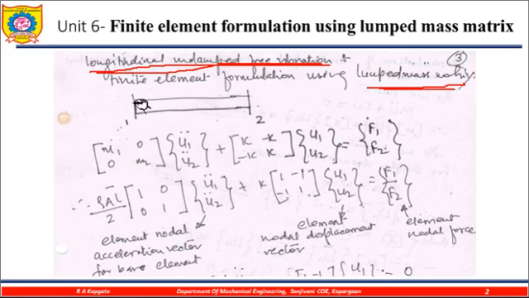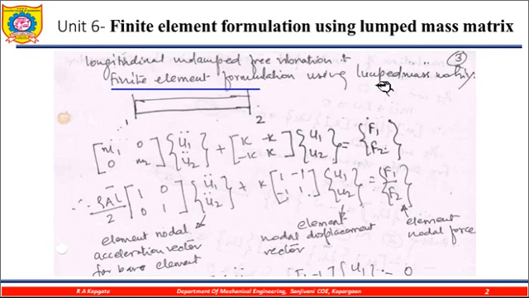So let us take a simple bar. Let us take this one as a simple bar having a certain weight. Let us take this as node number 1 and this as node number 2. So this is my node 1, and this is my node 2. I hope there is no difficulty. And the length of the bar is L, the density is rho, and the cross-sectional area is A.